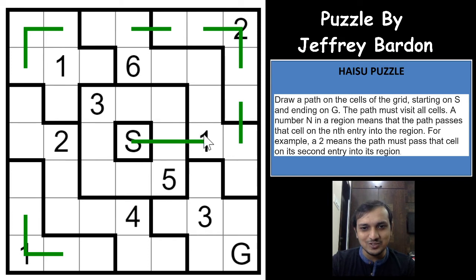it has to go only this way, because this is the first cell in that region, right? So if it goes the 6th, at the start it cannot go to the 6th, it cannot pass the 6th number, because it would have to be a 6th entry. Same way, at the start it cannot go to the second cell in that region. At the start it cannot go to the first cell, so it has to go to the first cell. Superb. Excellent logic, guys. Excellent logic. And that's an excellent logic, I would say.